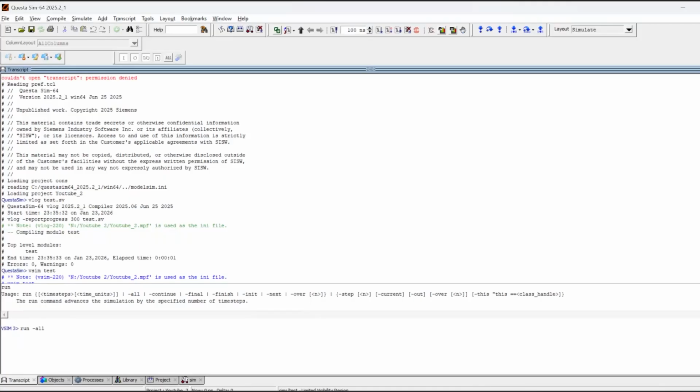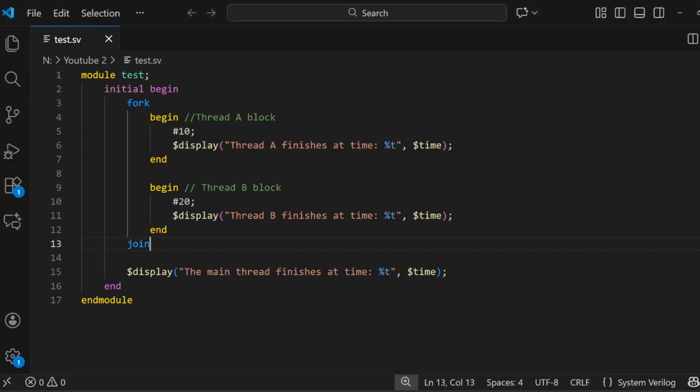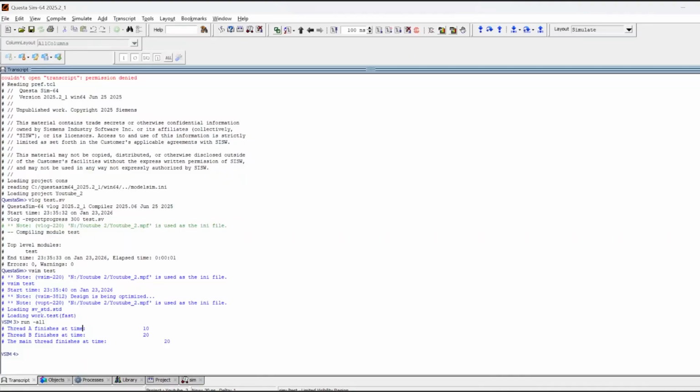Let's run it. So as you can observe right here, thread A finishes at time 10. First we started at time 0, and from there it went inside the fork join block. Since we are using the standard fork join, all the threads inside the fork join are required to finish first. And as you can see in the output, first thread A finishes at time 10,